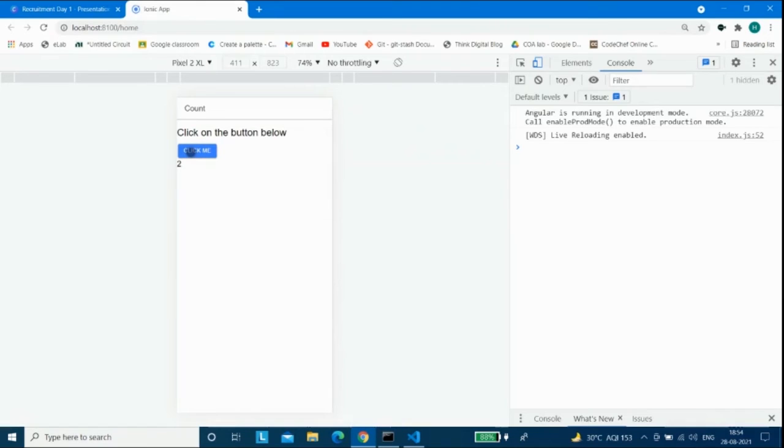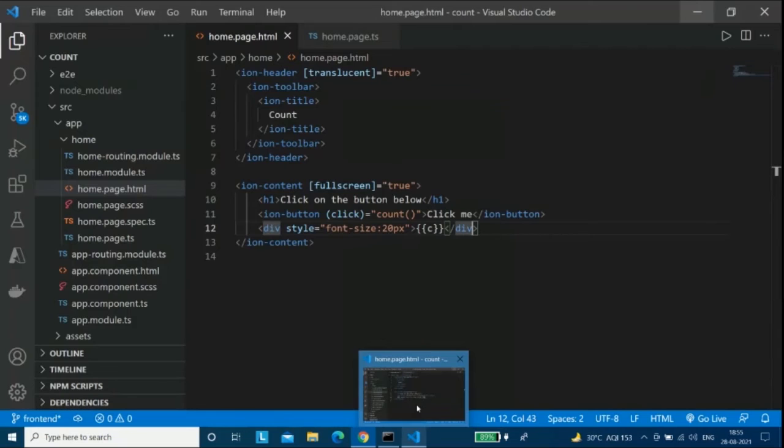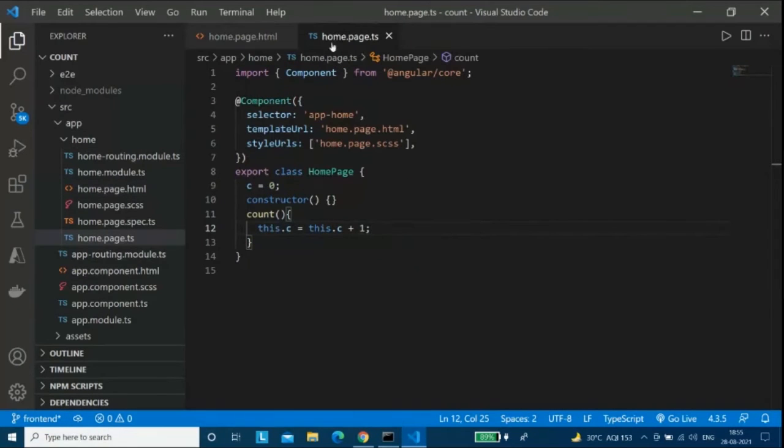Excuse me, sorry to interrupt. Yeah, sure. But since I have changed the home.page.ts file, I am getting an error in the browser. Angular is running in development mode, and it is not showing the application. Okay, so you might have made some error. Actually, Angular is running in development mode in your browser. Since you are running serve, it hasn't built that application.